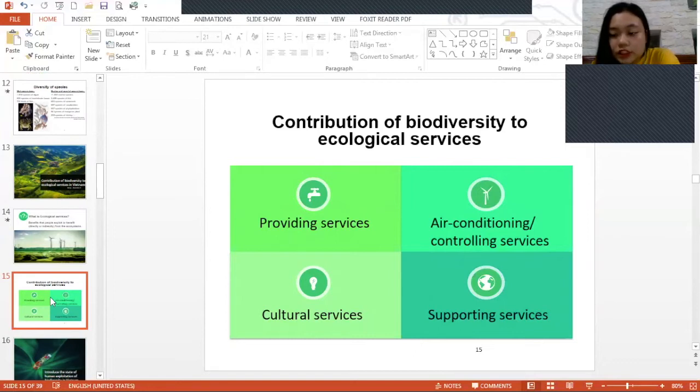construction materials, genetic sources, raw materials, medicinal plants, fertilizer. Secondly, these ecosystems provide air conditioning and controlling services, such as climate regulation, anti-coastal erosion, water purification, or sediment traps. Thirdly, cultural services like education, ecotourism, inspiration, villas, and resorts are conducted to take advantage of the beauty of the ecosystems. And finally,